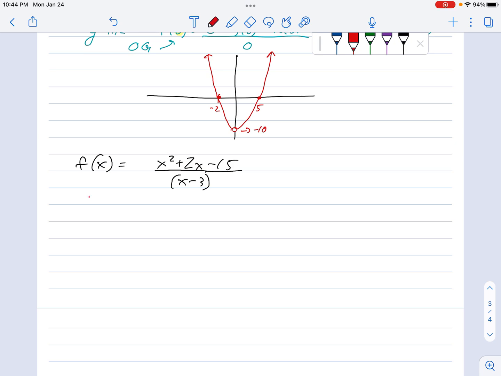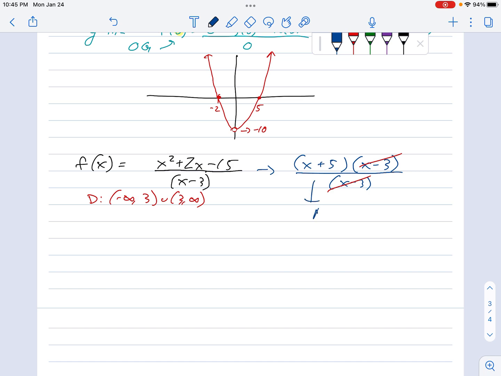Okay, first step is my domain. The value that makes my denominator go to 0 is 3. I look to see if I can reduce this fraction to numbers that multiply to negative 15, and that add to positive 2. Here we go. I'm able to cancel these out, so my reduced function is just x plus 5. I was able to cancel out